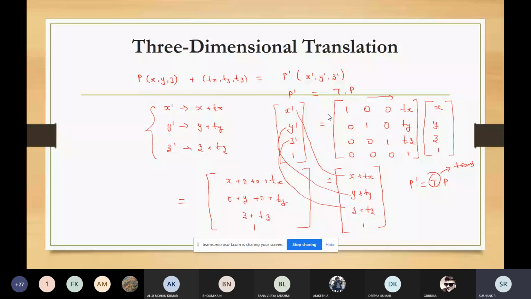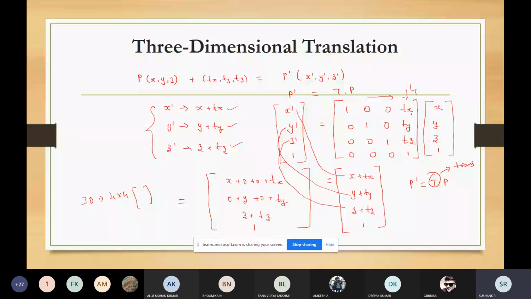So what we have learned are the equations to translate along the x-axis it is x plus tx, y-axis y plus ty, z-axis z plus tz. So 3D means it will be represented in a 4 cross 4 transformation matrix along with the column matrix. All the diagonals will be 1. This is the first column, second column, third column, fourth column. On the fourth column, you will have the translation values tx along the x-axis, ty along the y-axis, and tz along the z-axis.